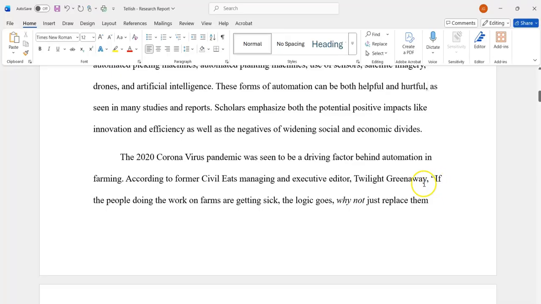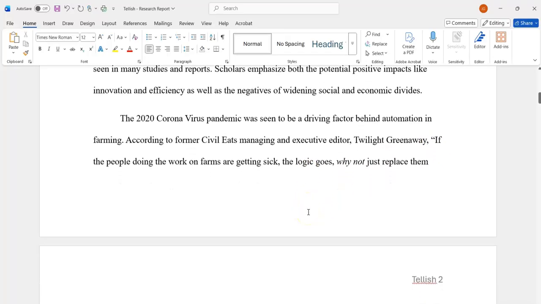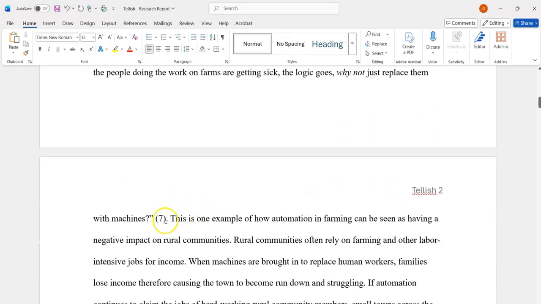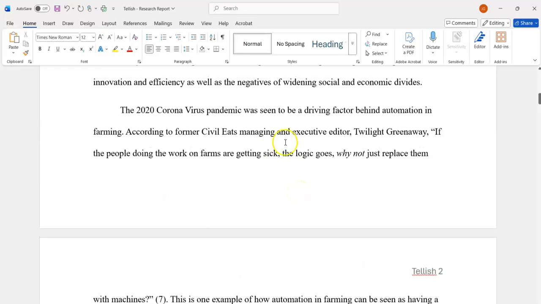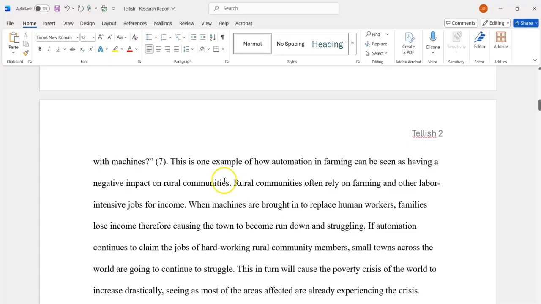So then you have the quote in quotation marks, and then you have your parenthetical at the end. That's great. So very nicely done there, and it looks just right. If you've done everything the way you did this one, then it's all going to be great. All right, this is one example of how